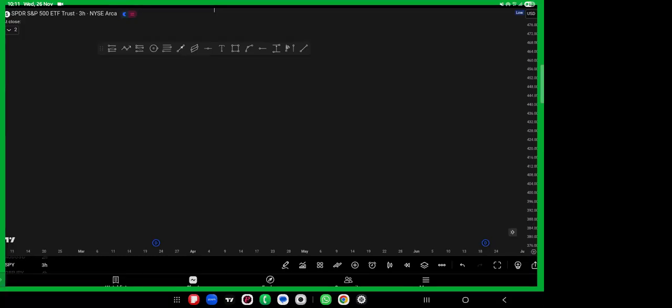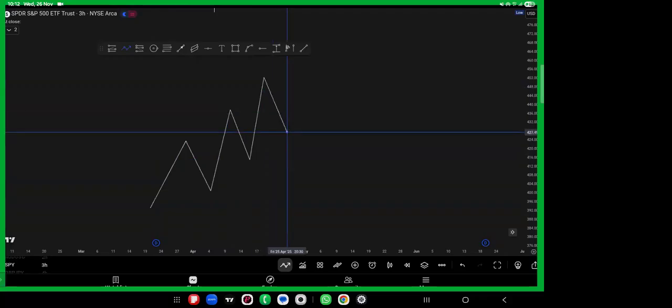In this case, the demand trend is the uptrend and the supply trend is the downtrend. Just like the name goes, the demand trend is one in which the market will be trending